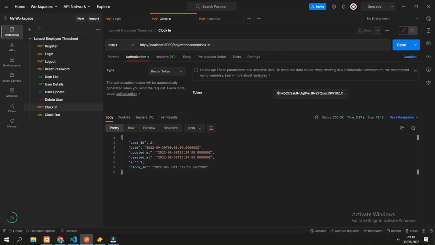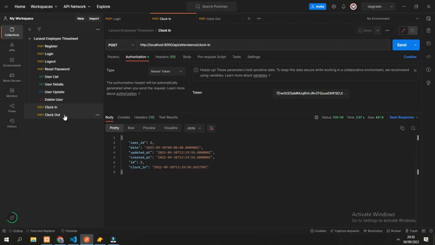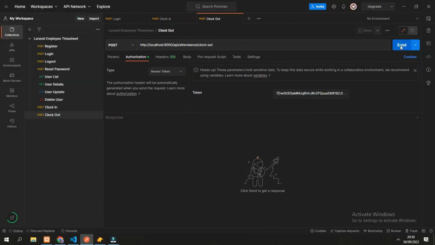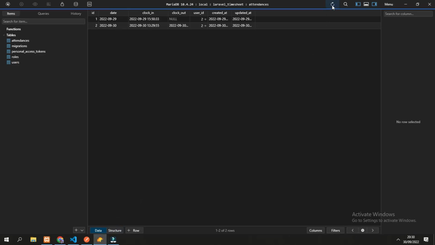Now it succeeds and we can see the data, and let's check in the database and press refresh. The clock out is still empty, and if we hit the clock out API and it returns succeed, now we have clock in and clock out data together. And if we check in the database, now it's already filled.